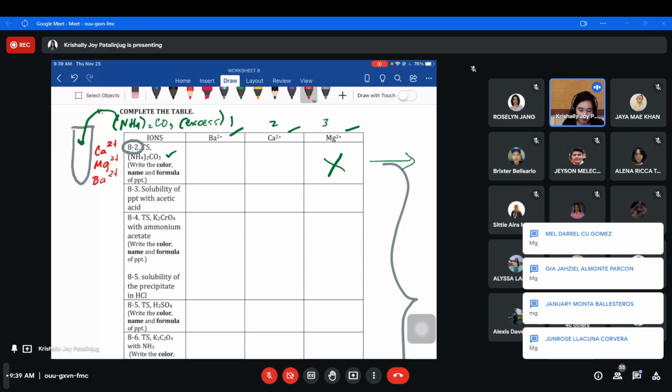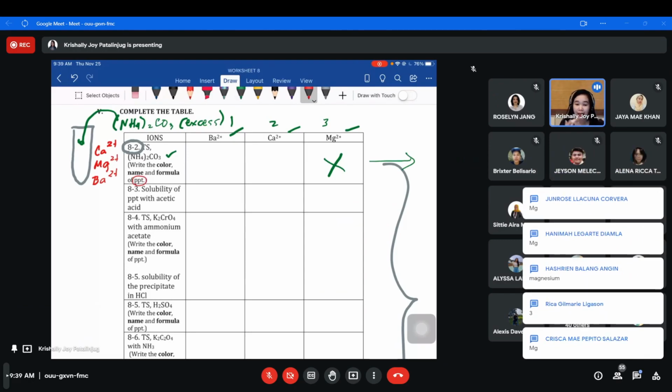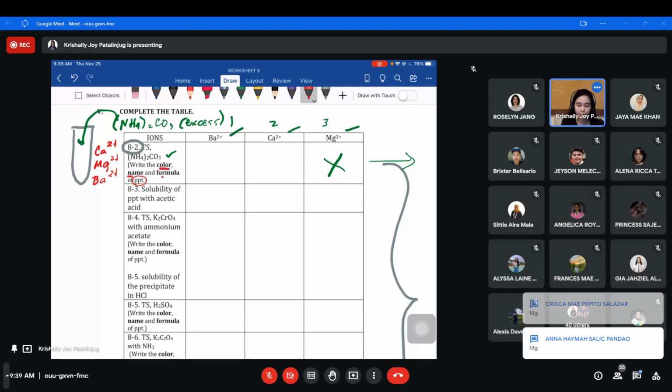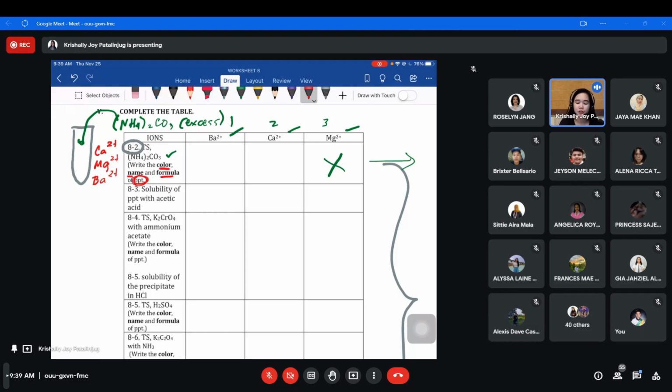Kaya ang gipangutan naman is right. I mean, ang pangayo, no? Ang gipangayo is write the color, the name, formula of the precipitate is sa magnesium. Wala namang precipitate na nabuo kasi excess ammonium carbonate yung inad nakuha. So dapat diri ra mo mag-supply. Okay? Then, di ba,